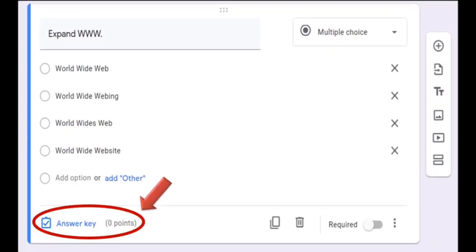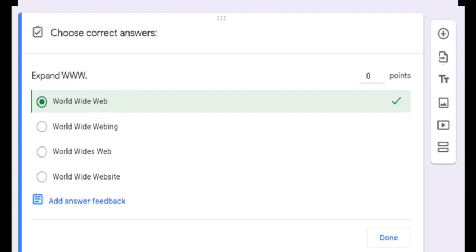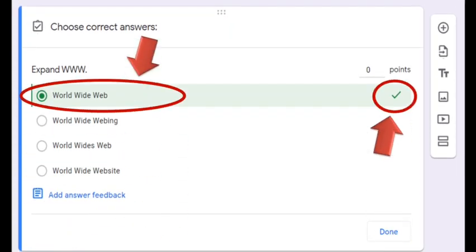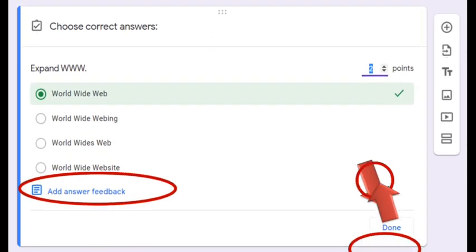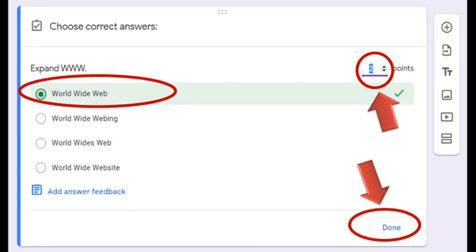Then come to your questions. Now only we are able to see the option answer key. Click on that option. Then click on the correct answer option. It will show the tick mark on the selected answer option. After selecting the correct answers, click on the point option.